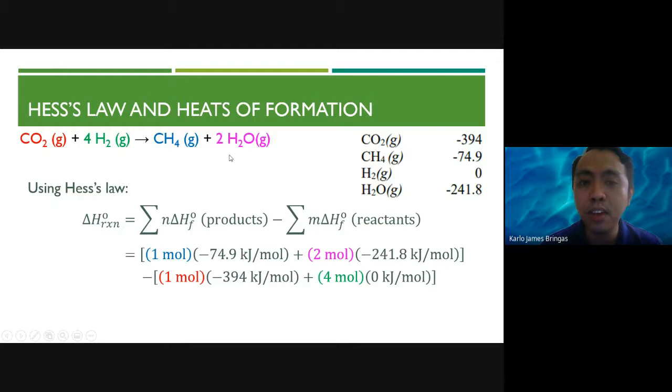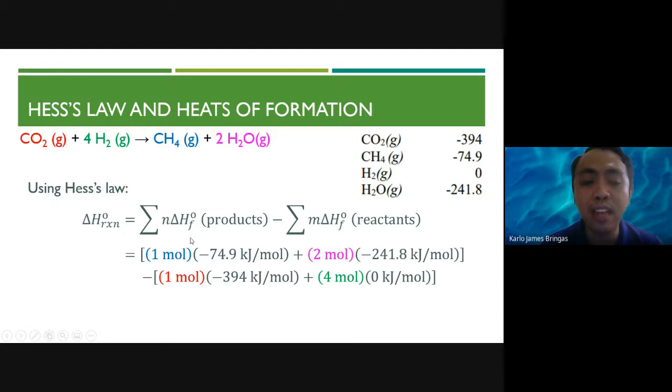Plus, we also look at the other product. So that is water. Ang coefficient niya is 2. So we just have to write 2 moles. Times, para sa water, ang heat of formation niya is negative 241.8. So I copy it over here. So we add them together, ang lahat ng products, and then separately, we can add up all of the terms